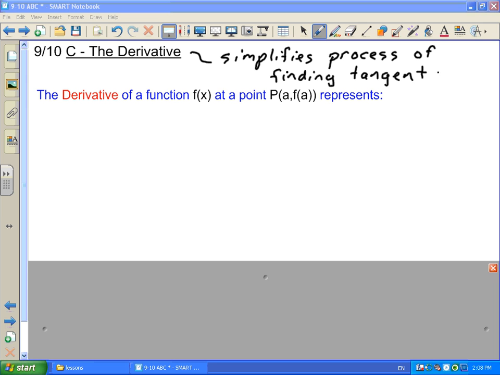Because that's what we've been working on for the past couple of days here, looking at slopes of tangents and equations of tangents and things like that. So first off, just a definition here. The derivative of a function, we've got some function f at x, at a particular point, where the coordinates of this point are a, f at a, where a is just some number here. The derivative represents, there are kind of two ways of thinking about what the derivative represents. One of them is that it represents the slope of the tangent